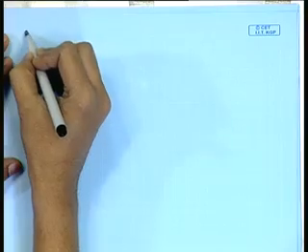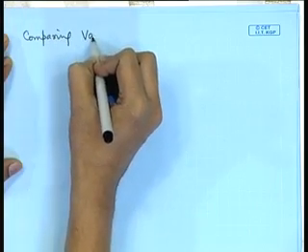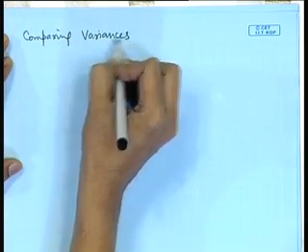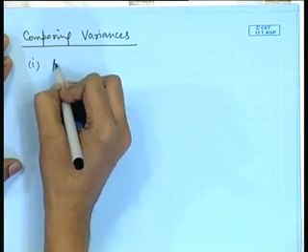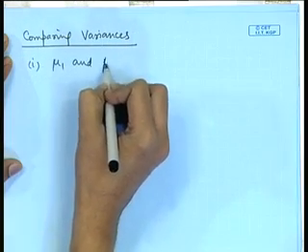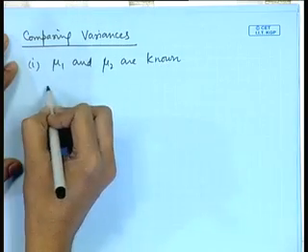Next, we look at the confidence intervals for variances, comparing variances. Again we have two cases, that is, mu 1 and mu 2 are known. If mu 1 and mu 2 are known, then we make use of